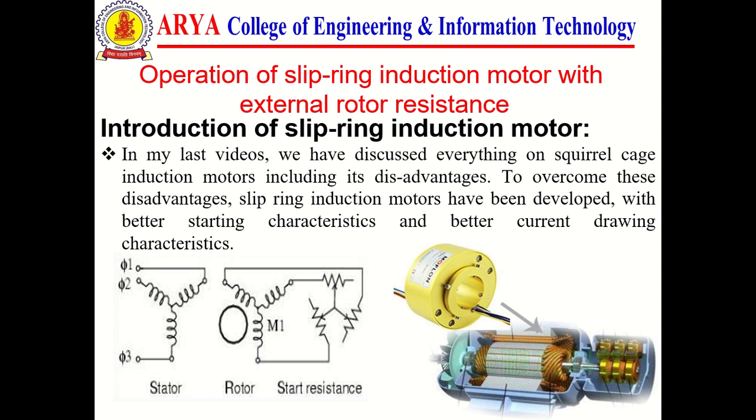So look here at the parts. The slip ring induction motor has mainly two parts. First is the stator winding and second is the rotor winding. When we supply rated voltage 3-phase supply to the stator, by induced EMF in the rotor winding, this motor will work. But what is the impact of external rotor resistance? Here we insert it in the slip ring of the induction motor.